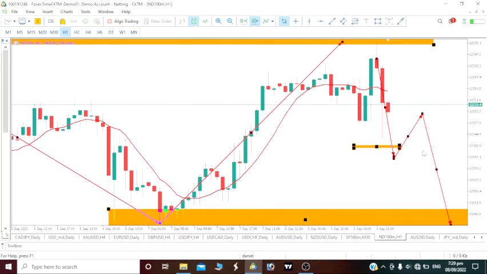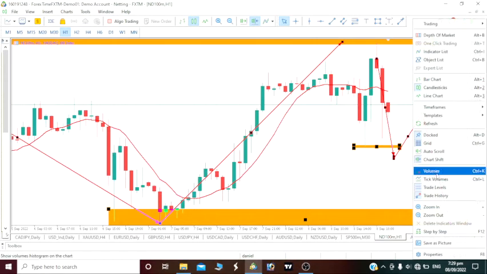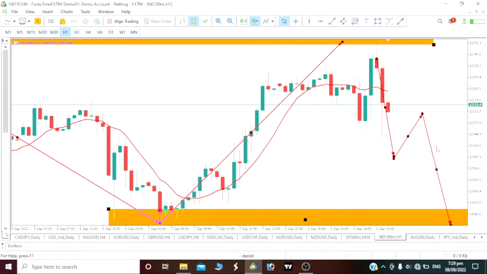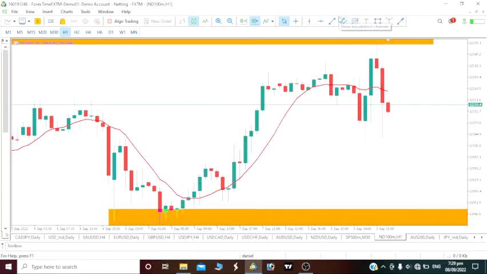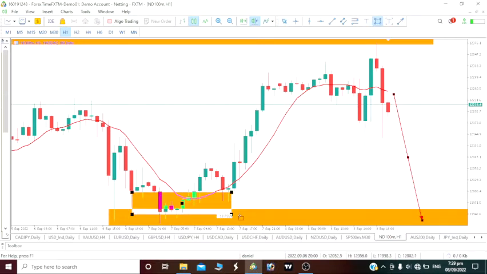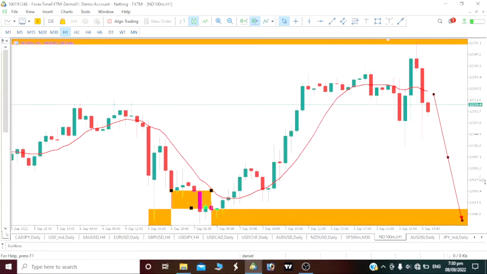Though the price might not move the way we just predicted, one thing for sure is that this price will drop to our previous lower lows we just talked about. We very much likely see our price drop to this low to take out our previous lower lows at this level here. We want to see our price drop to that low and take it out. So NASDAQ 100 for the day, on our analysis we just looked at, is a bearish move. So look to short this NASDAQ 100.